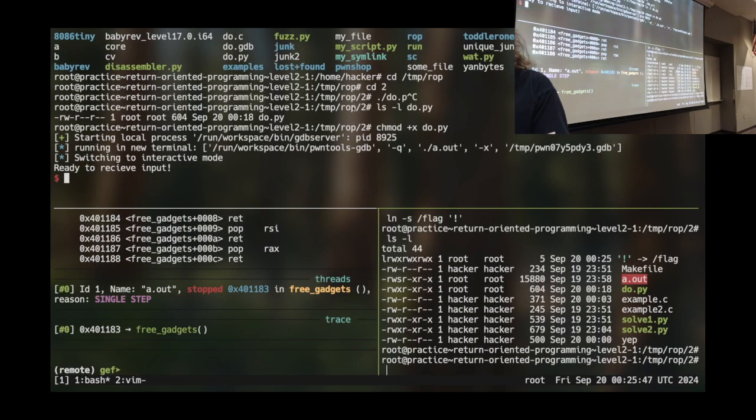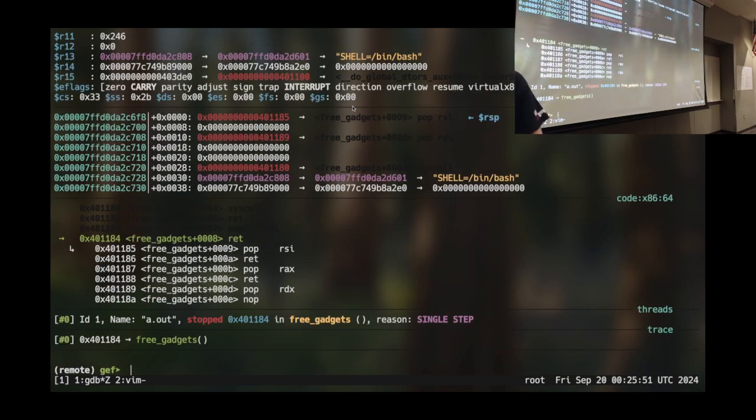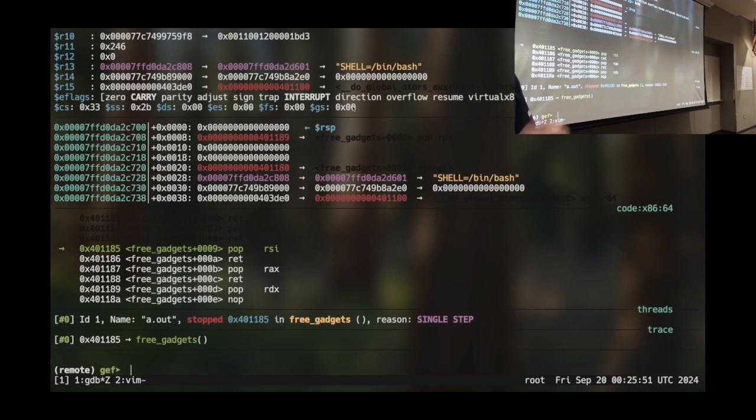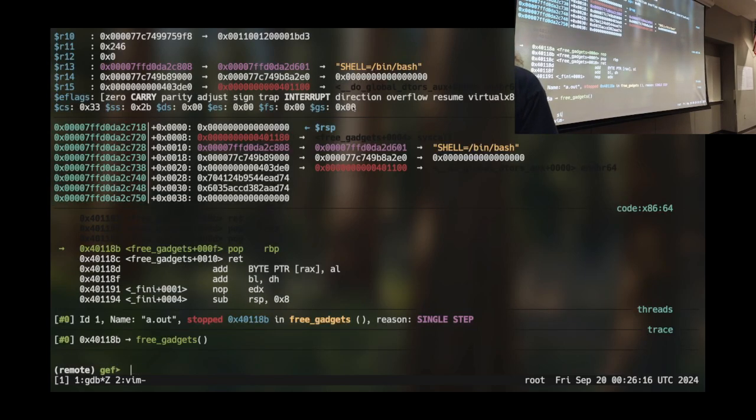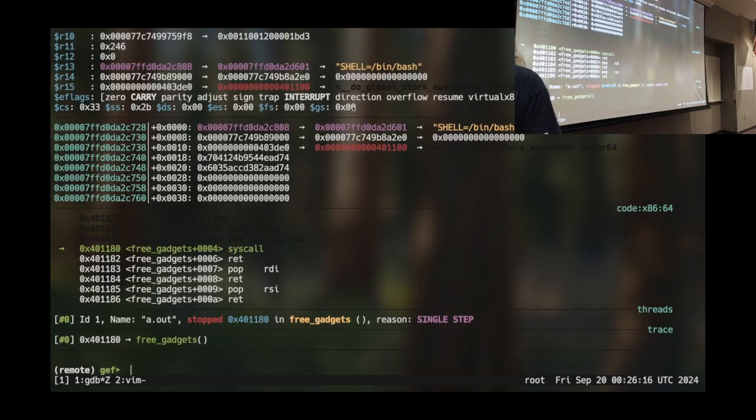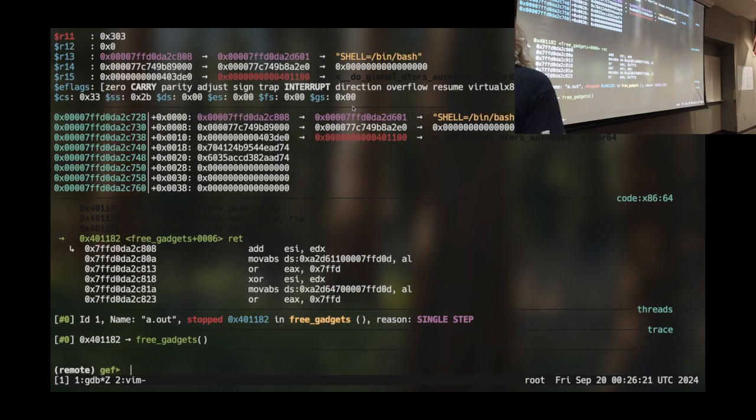All right. We're chilling here. We're popping RDI. Hopefully everyone is on board with what's going on here with the gadgets and moving and grooving. Now, here's that interesting gadget that does what I want, then it does some other BS, right? So this is a gadget of more than one length. It's actually got a NOP in between, so it's a four instruction gadget. This pop RDX has the side effect of currently popping 0 into RBP. When we ret, we get to our syscall. The question is, did this work?